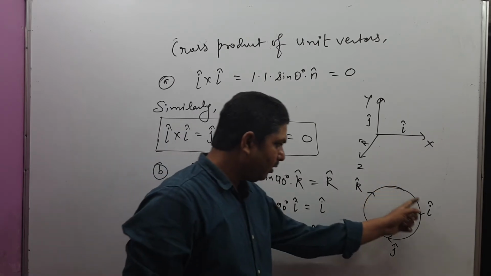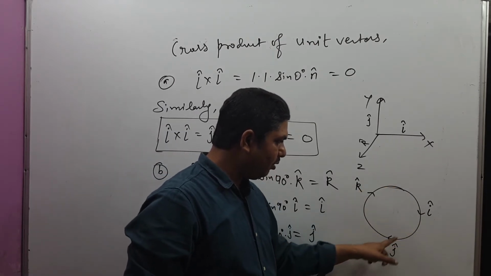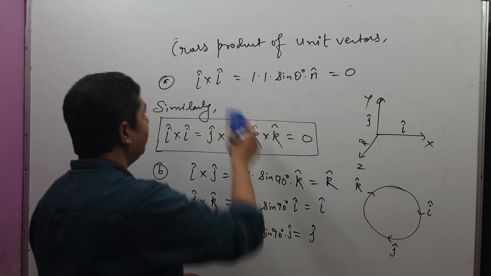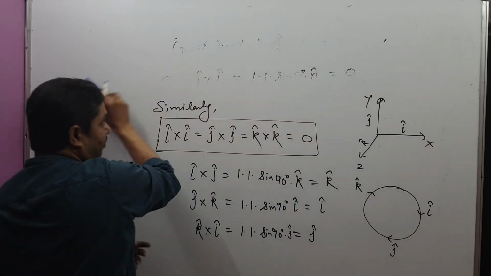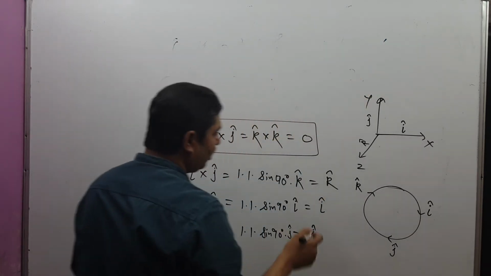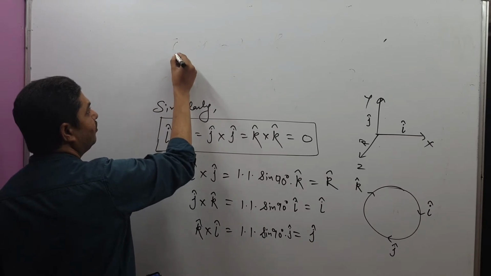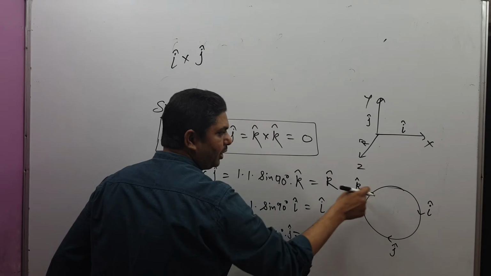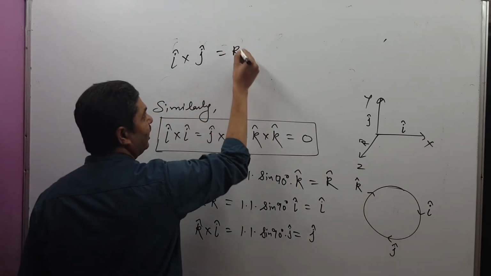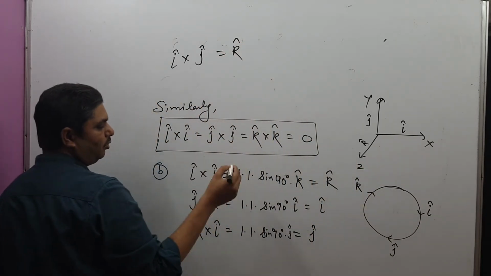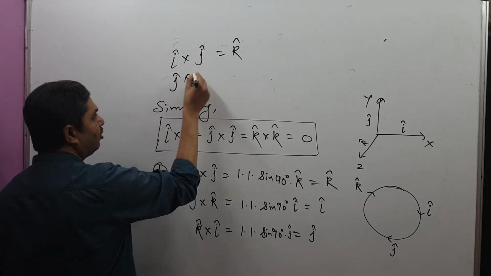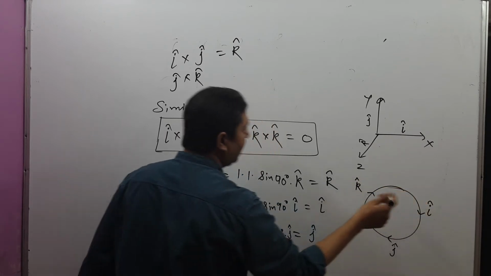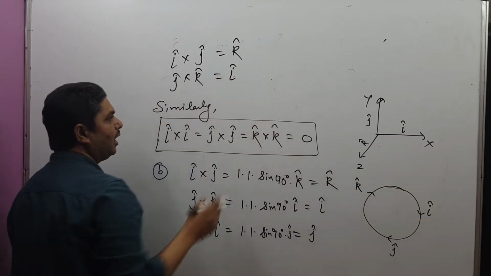Thus here we are making a circle giving 3 arrows, and on the arrows we are writing i cap, j cap and k cap. Now what you will do, you will write i cross j. This is equal to k. So you get k. Next you write j cross k. So here j cross k, again you get i. So you write here i.